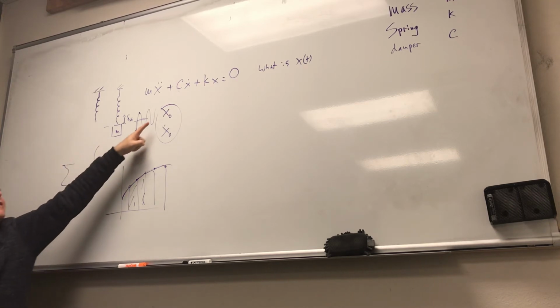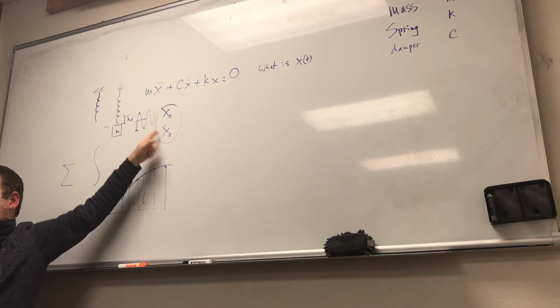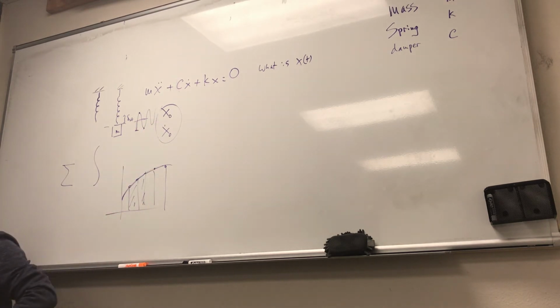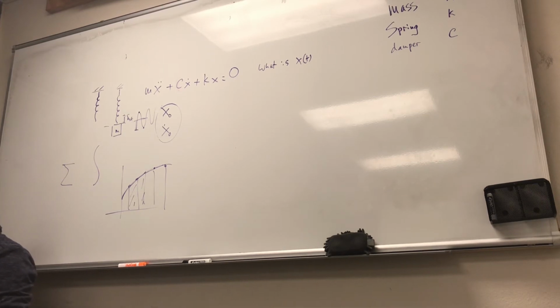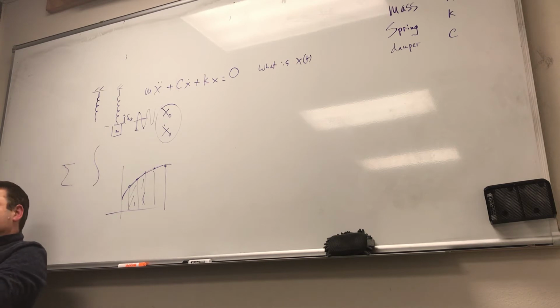So in other words, different combinations of initial position and initial velocity. If a system after an initial disturbance is left to vibrate, because the key thing is after the initial one, you don't touch it, you just observe it. After an initial disturbance is left to vibrate on its own, the ensuing vibration is known as free vibration. No external force acts on the system,